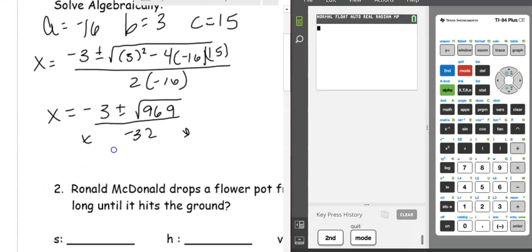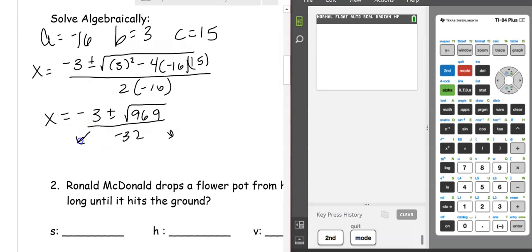At this point, this is where we split it into two equations. Actually, I'm going to zoom in a little bit. This will be easier. So you split it into two equations: negative 3 plus the square root of 969 divided by negative 32, and negative 3 minus the square root of 969 divided by negative 32. My final answer is going to be negative 0.88 or